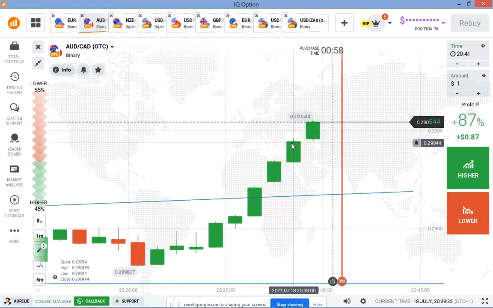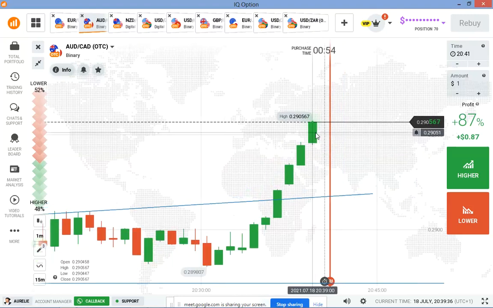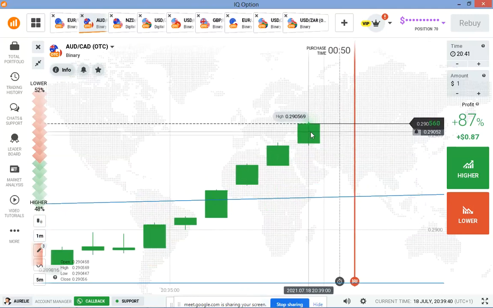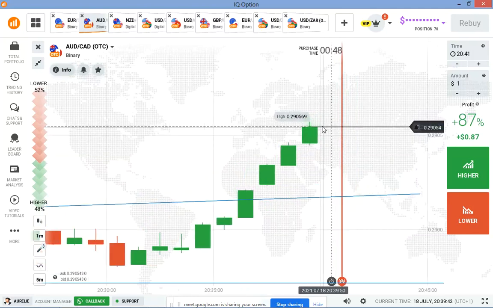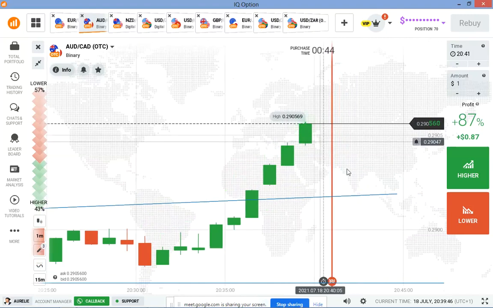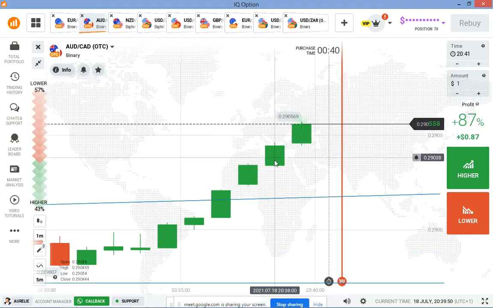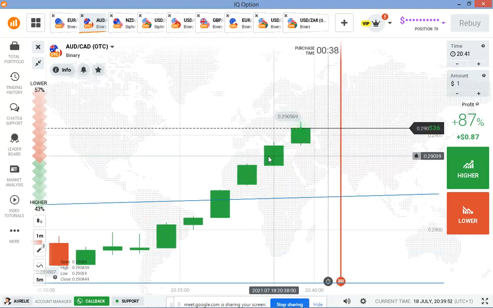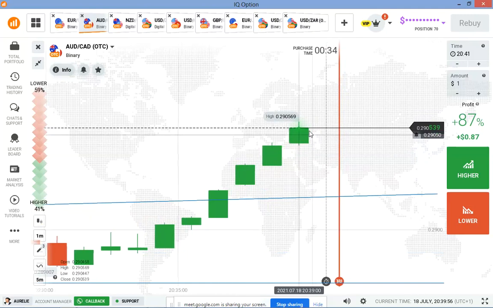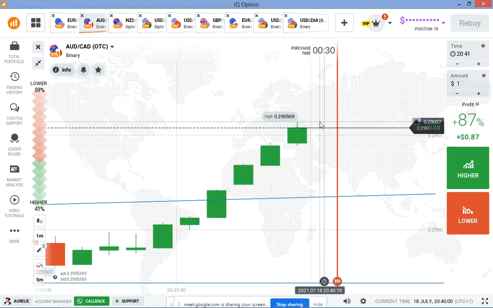But the candle is very strong, so I go with buyers. Here again, the candle is very strong, I will still go with buyers. Now, if this candle is stronger than the previous one, then I will not decide to go with sellers. Or if the candle is weaker than the previous one, I will go with sellers. Let's see how this candle will close. If it closes very strongly, stronger than this candle, then we cannot go with sellers. Or if it closes weak, we can go with sellers.